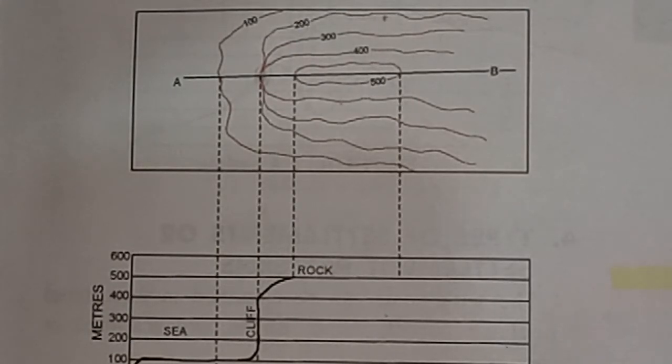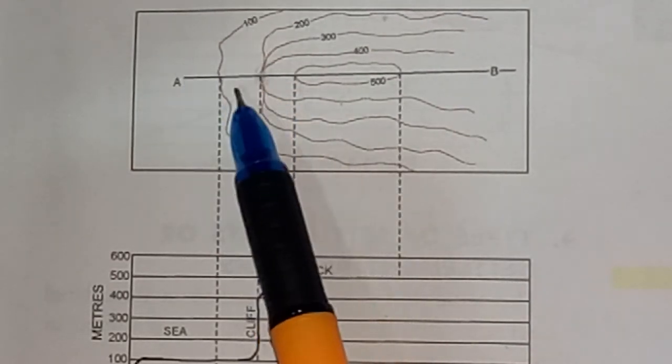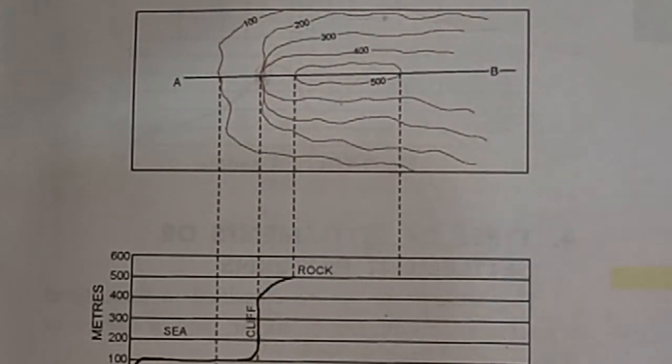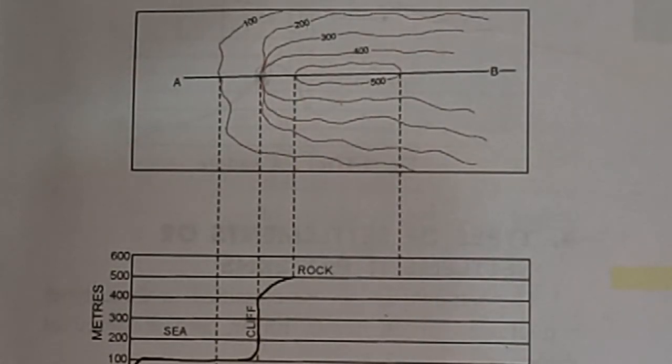Second is cliff. Now see, what is a cliff? A cliff is a very steep rock or hill overlooking a sea. It is represented by a sudden merging of several contours at one point. Look here, the diagram is there. The figure shows the contours representing a steep peak overlooking the sea. Three or four contours are seen merging into one to show the cliff or steep gradient. They are merging here at the same place, so it indicates a cliff.